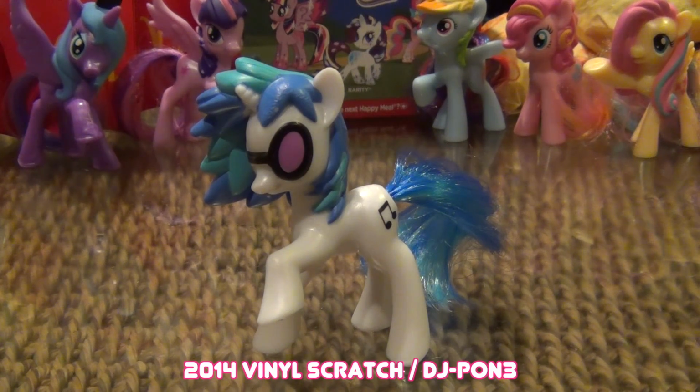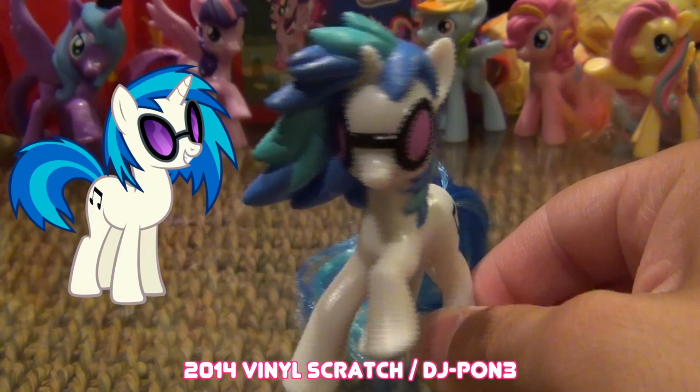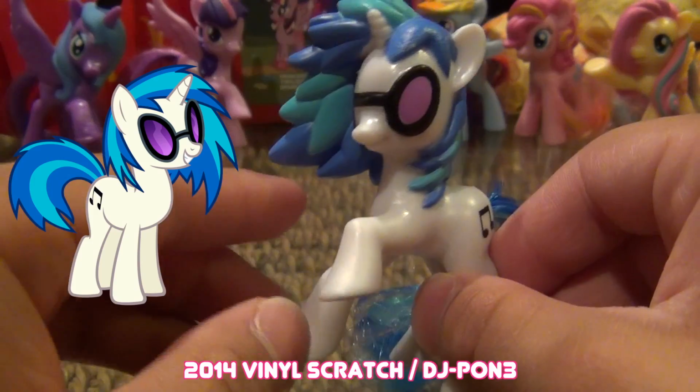Now the final toy in the set, the only one that comes very, very close to being better than Luna, Vinyl Scratch. Now, just like with Luna, and of course Pinkie Pie, Vinyl Scratch is one of my favorite characters in the show. Even though she's hardly had any screen time and she's never said anything, I just think she's really cool. Now, the toy here is really well done, I think. They got her sunglasses here, and then they got the crazy sort of chopped up mane here,